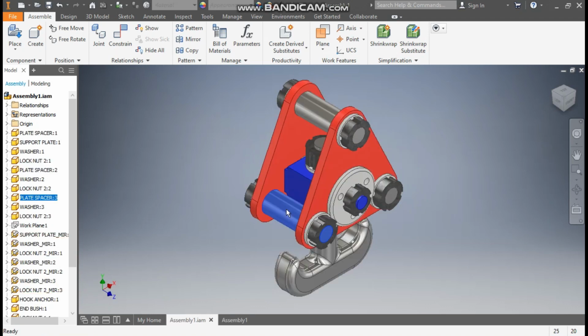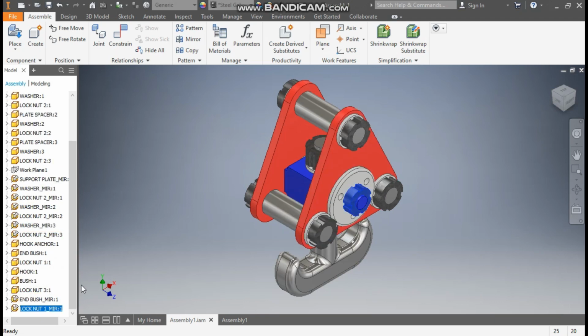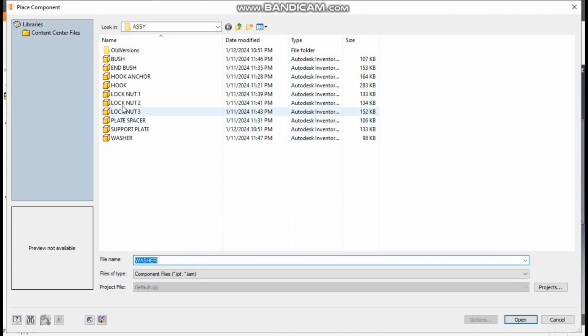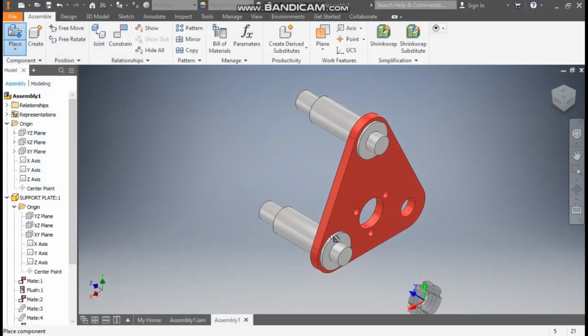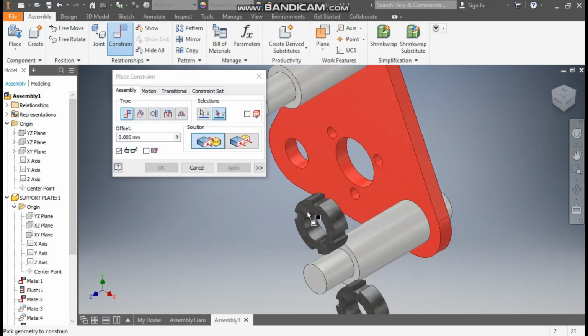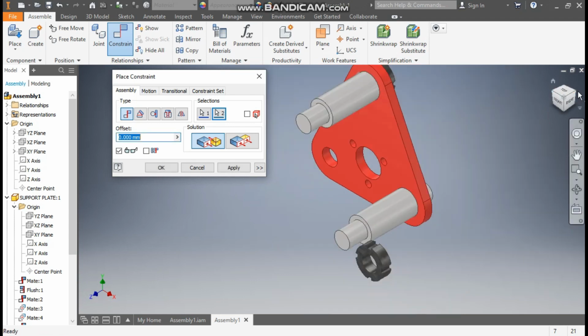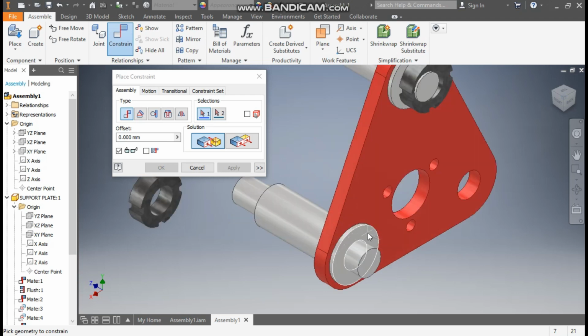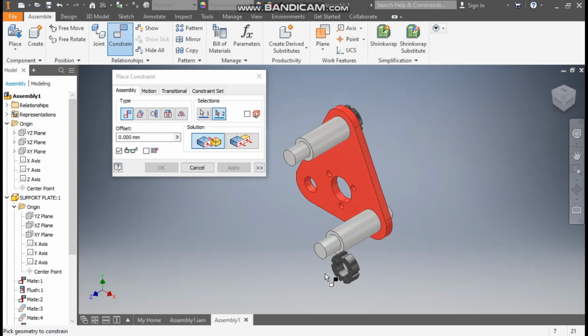So here you can see we have placed the plate spacer, then the washer. You can see the name here. So we will call the lock nut 2. Go to place, call the lock nut 2, open, place 2 lock nut 2 and escape. Go to constraint, select this face first, rotate the view and select this face of lock nut. Now apply. Similarly, select this face of washer, rotate and this face of lock nut